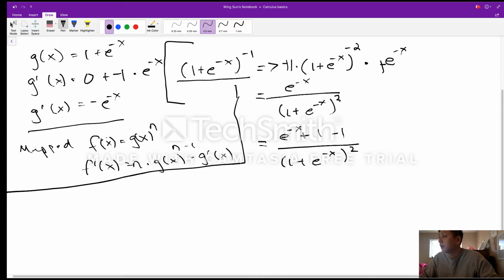I'm just trying to manipulate what I have here, so I can simplify this equation even further. So right now, here's what I got. Okay, so what I can do is e to the negative x plus 1 over 1 plus e to the